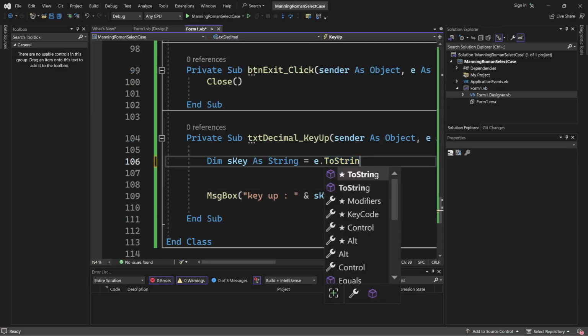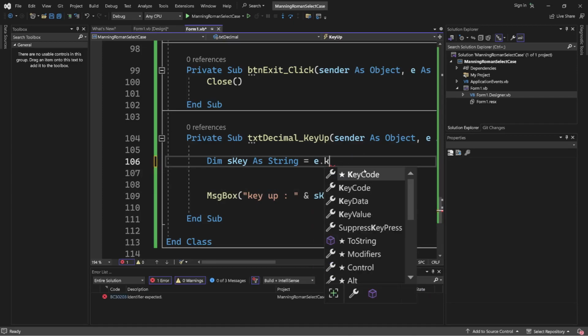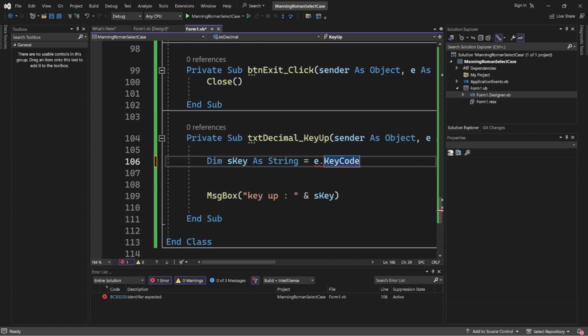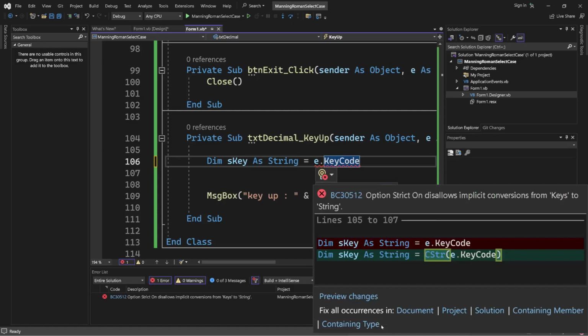Instead of e.ToString, let's try e.KeyCode. How about KeyCode? That sounds more useful. And what is KeyCode? It is a key code, so I have to convert that key code to a string, and I do CStr. I'll take that correction, and